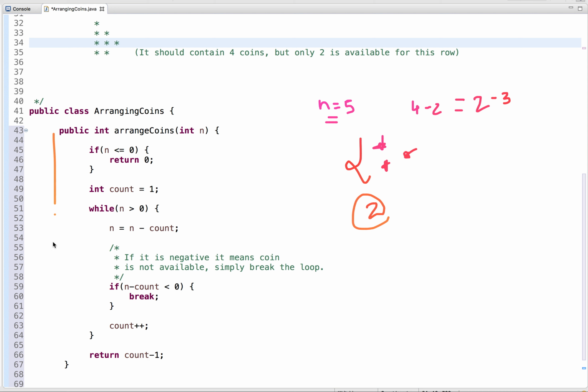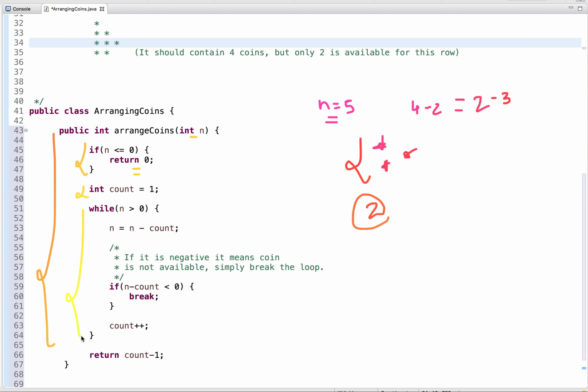Here is the code for this logic. The first condition is: if the given number of coins is less than or equal to 0, then simply return 0, else start from 1. I have declared one variable, count, and initialized it with 1.